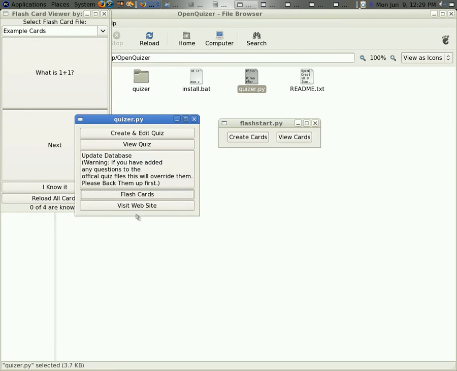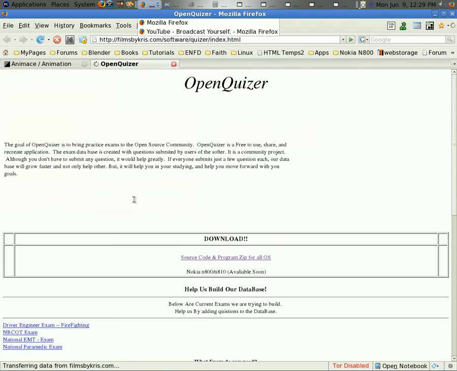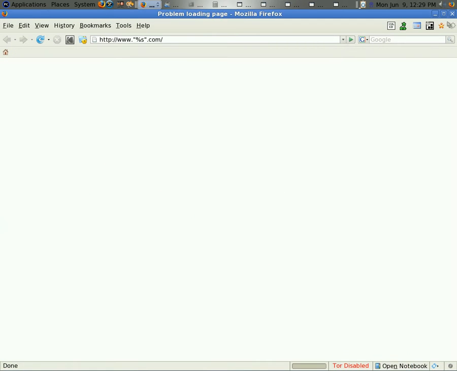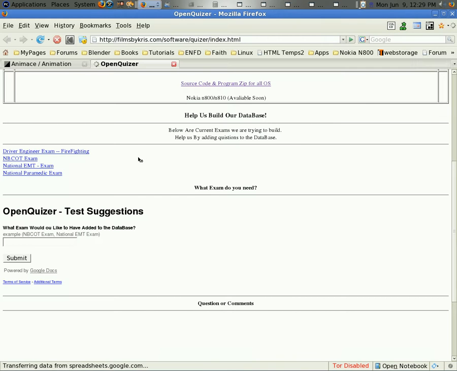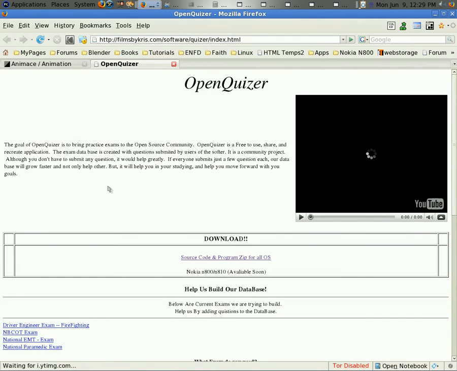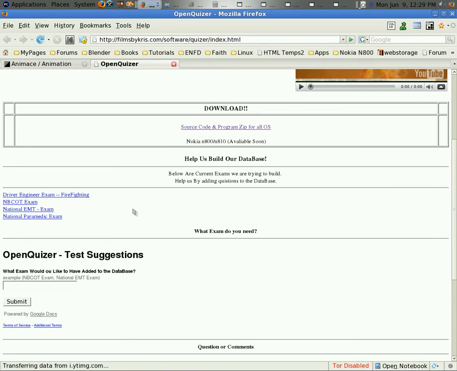At any point you can visit our website by clicking the visit website button, and what will happen at the website is that we'll have updates. You've probably already visited this web page, but if you haven't, this is what our official web page looks like at this point. We'll have a little tutorial on how to use and install the program, which you're actually watching right now, as well as other tutorial videos. You can download the program here. You can also